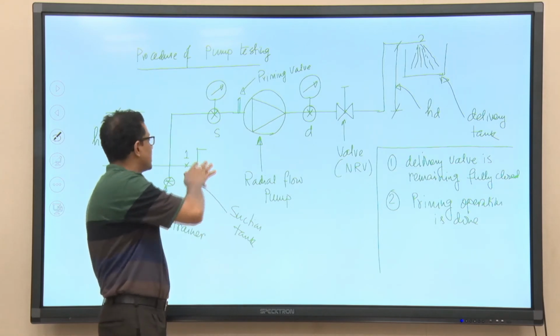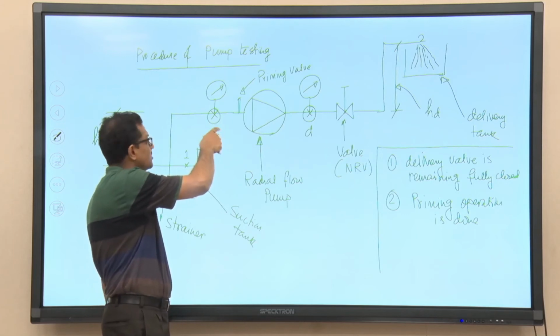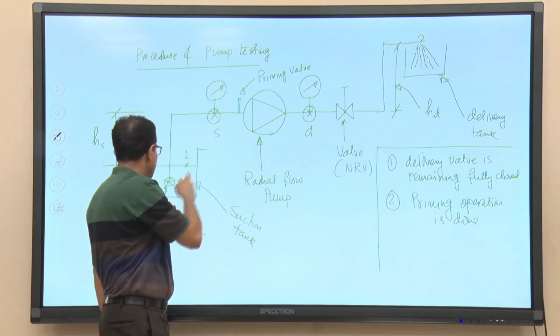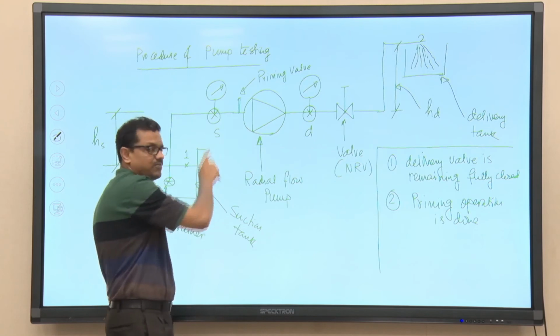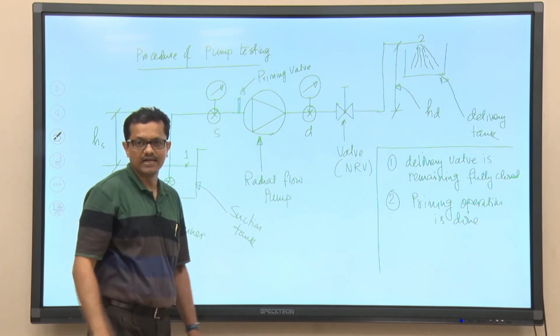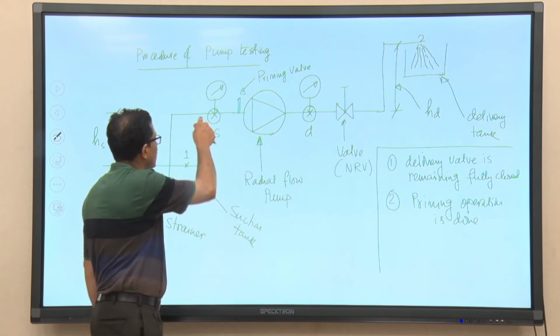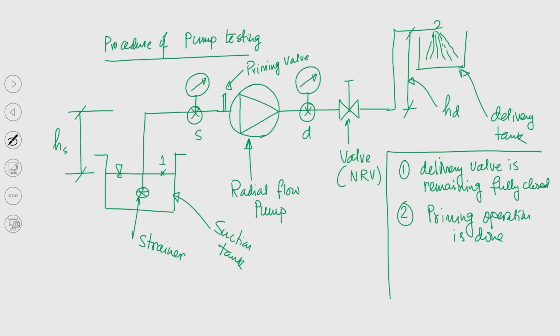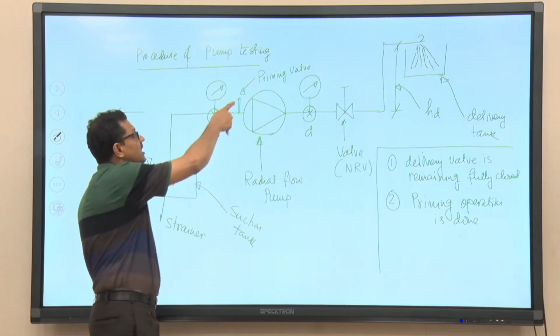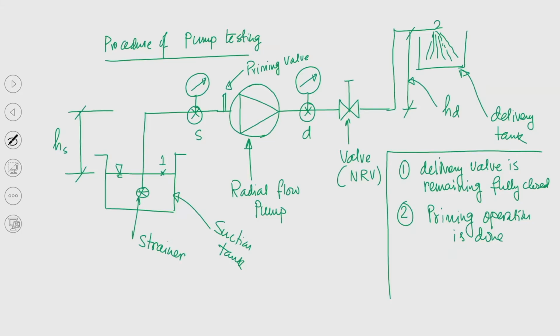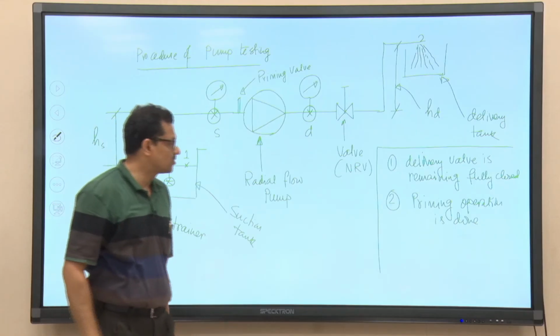In fact, we have discussed that because of the certain head, that is negative head, if we run the pump, liquid will definitely move from point 1 to the point S, or inlet to the pump, by virtue of pressure difference, the driving force. If any air is present inside the suction line, this is again atmospheric pressure, so the pressure difference will be 0. So, there will be no flow of fluid. To ascertain that there is no air bubble or air present in the suction line, some amount of liquid is allowed to move through the priming valve, and that liquid will fill up the suction line. So, that is basically known as priming. So, that should be done.